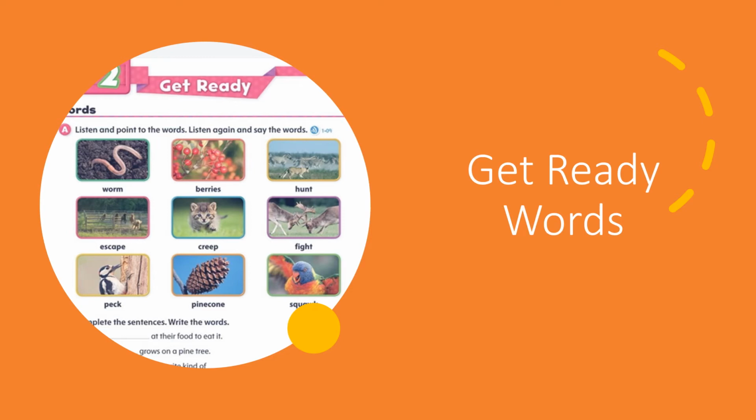Okay students, we are going to start unit number 2, that is on page number 16 of your student book. So come to page number 16 of your student book, all of you. As you can see on the top, there are some words given to you along with pictures. First of all, you need to listen and point to the words and then listen again and say the words after me, okay? First word is worm,